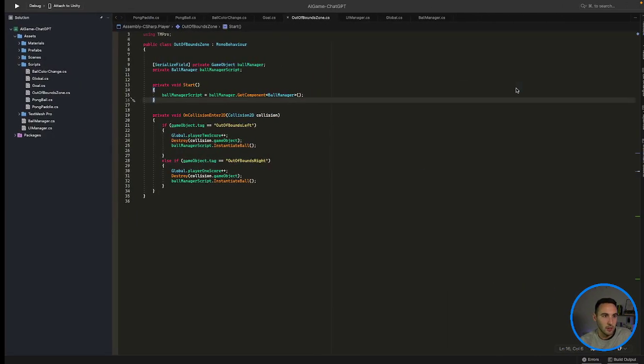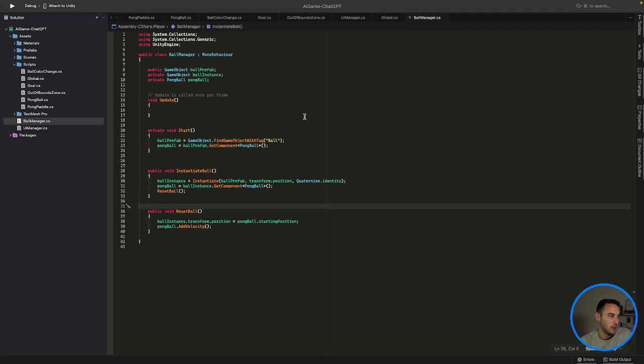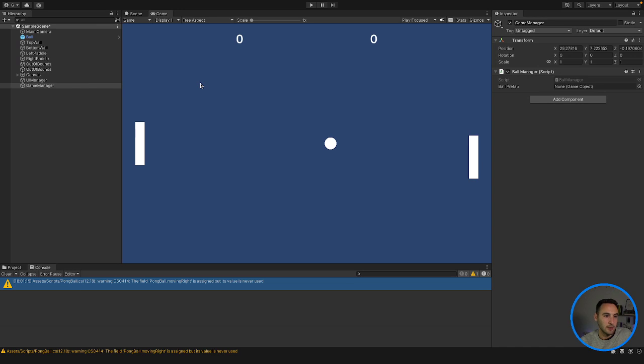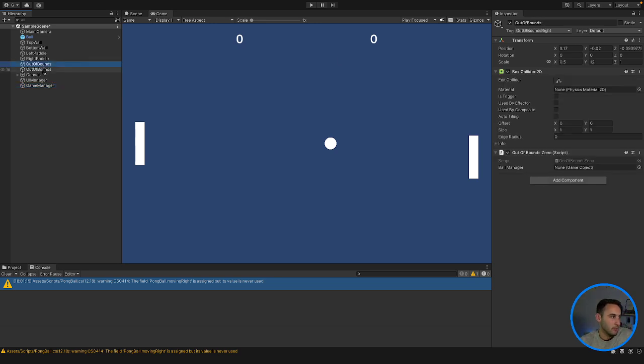That's wrong. Sorry, that needs to be on... First of all, we can drag that in there because we'll use that later, but I'm in the wrong place. On our out of bounds zone,